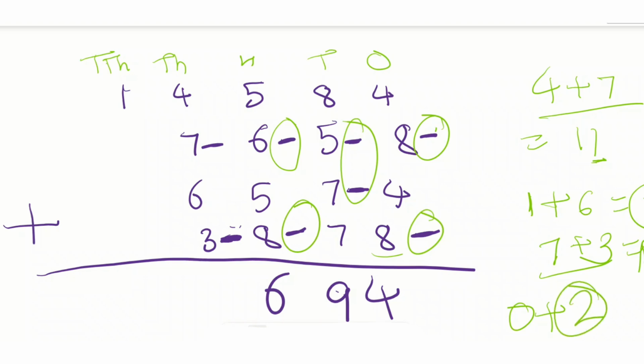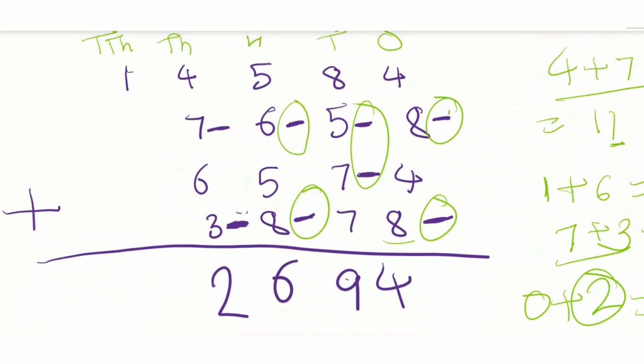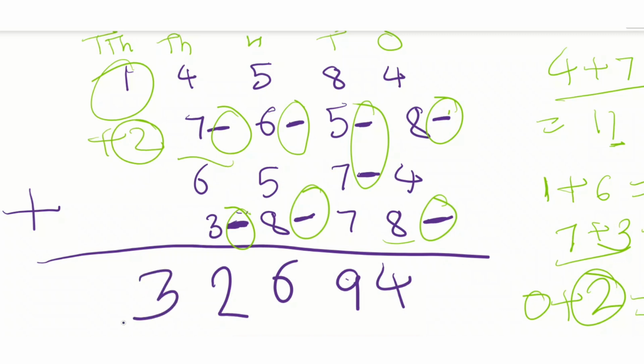So we're going to add 2, which gives us 2, and we'll write that down. In the last part, we have 1 over here and 2 over here from the carry forwards. So this 1 plus the 2 that we got from the carry forwards gives us 3, which gives us the final answer,